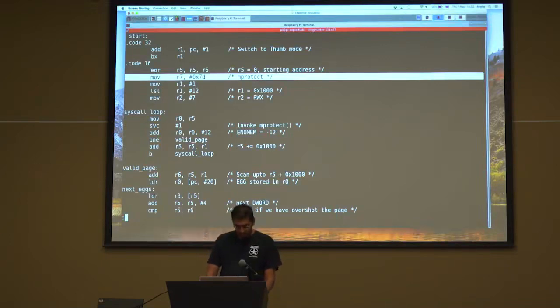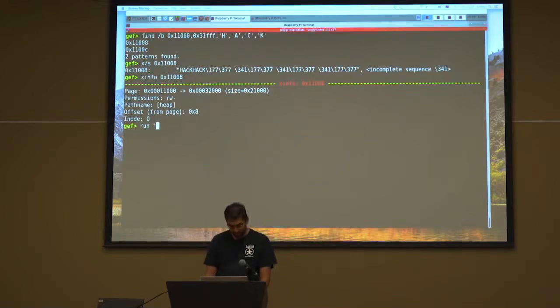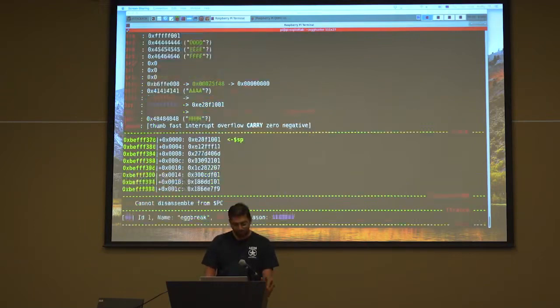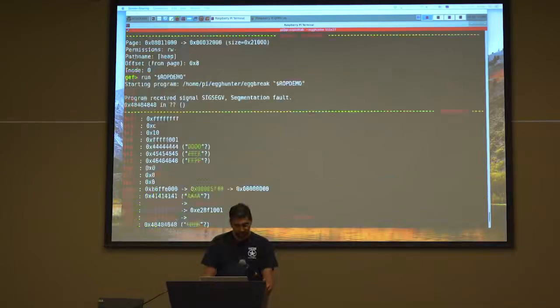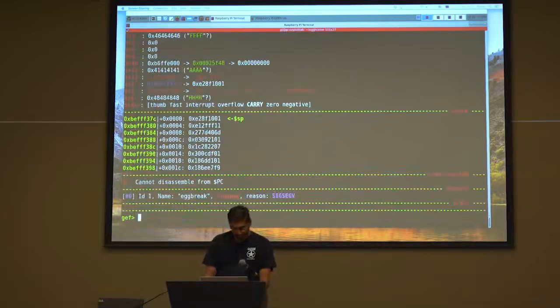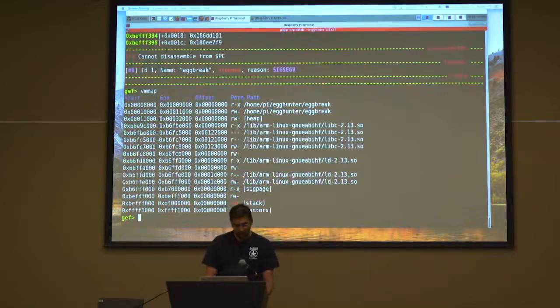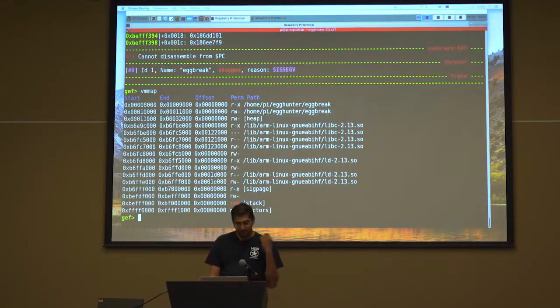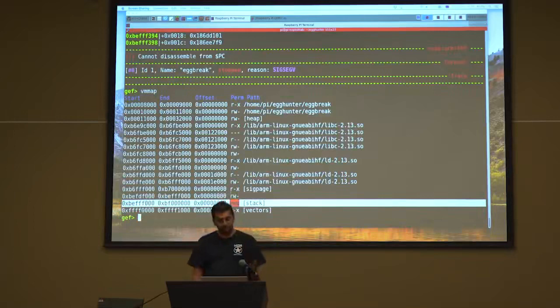Right. So the mprotect egg hunter is already in place. I'm going to run this program again with the exploit which has the egg hunter attached to it. Now when I run it, the exploit is just triggered to stop at a program counter. And if I look at the memory map, right now the stack is executable. The heap is still not executable. So this is basically the same exploit with the ROP chain. Now after the ROP chain, I'm going to invoke the egg hunter,